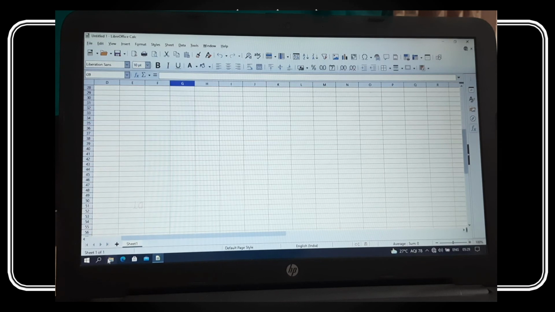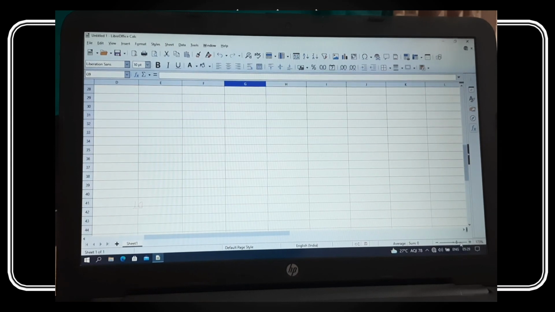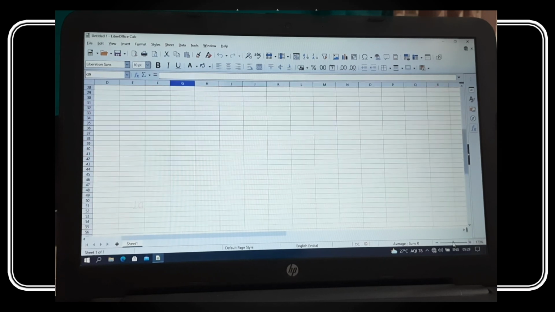The status bar is this one, which shows information about the Calc worksheet. And zoom controls, see, this is the zoom control. If we want to project anything, like this, we can use the zoom control. See, you can see very closely. Okay, that is the zoom control.